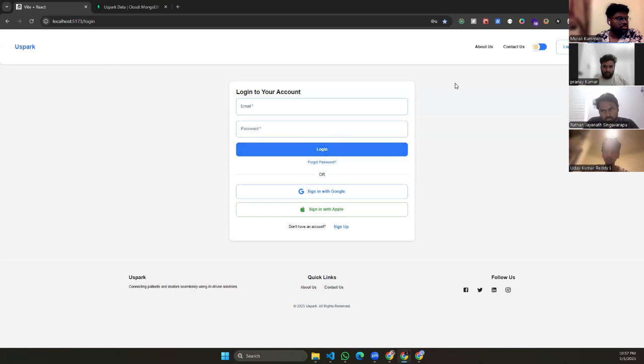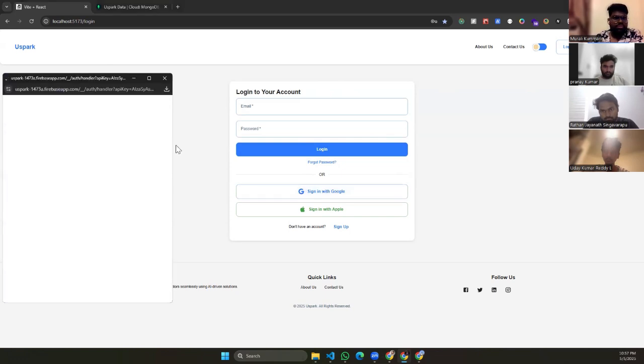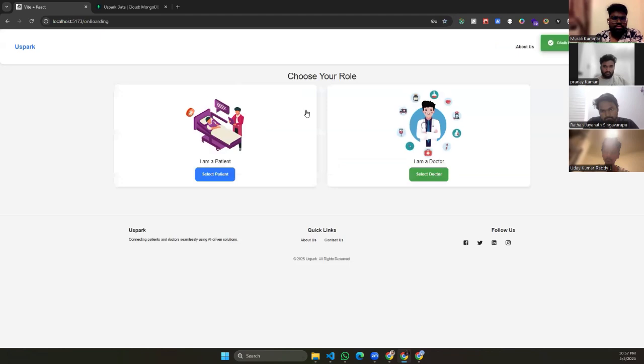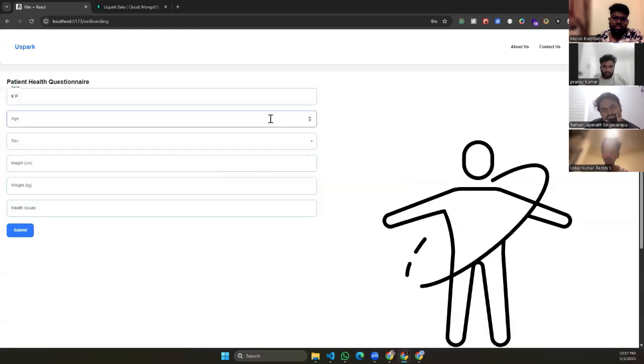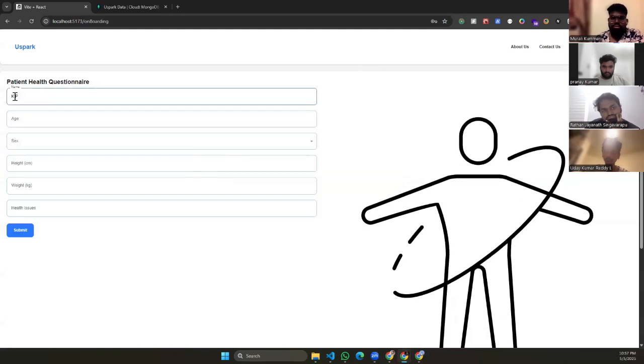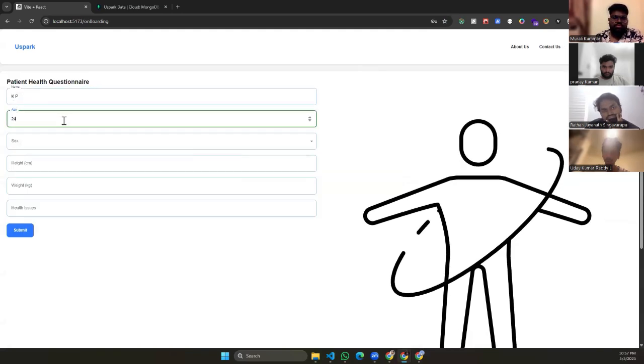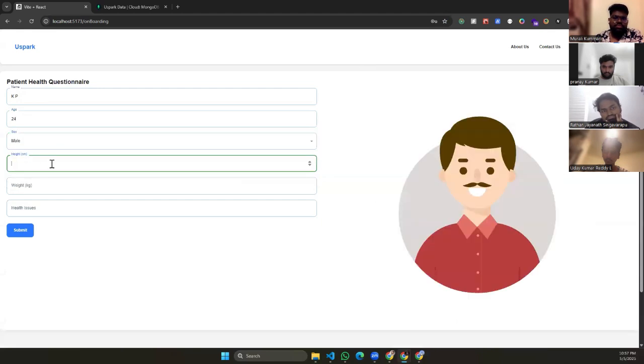And so right now I'm going to create a patient account for myself, and I'll also simultaneously create a doctor profile. So I'll sign in with Google directly as a patient. When I sign in with Google, as I have only a single account, it is directly redirecting me to choosing a role. So I chose patient for this profile, and let me name it KP, and I'll give some basic information of myself, and 85,